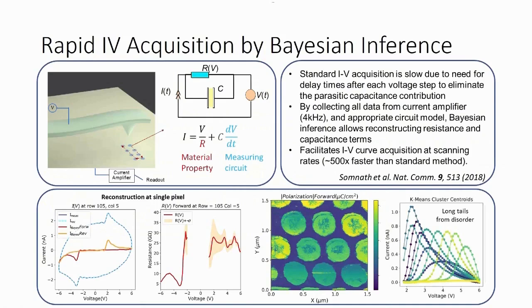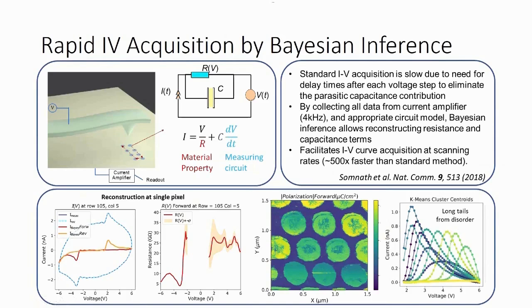So one example of this, for instance, would be looking at piezo force microscopy using IV acquisition with Bayesian inference. And so the idea here is that you want to measure the polarization of your sample as a function of voltage, but you have a real property, which is the resistance of your material, and a property that varies as a function of time. So as I apply the voltage, I have to wait for it to calm down so